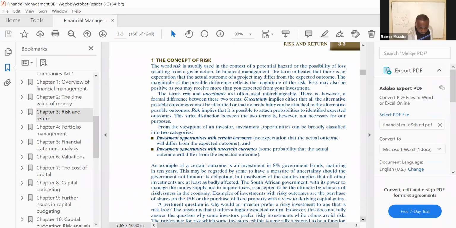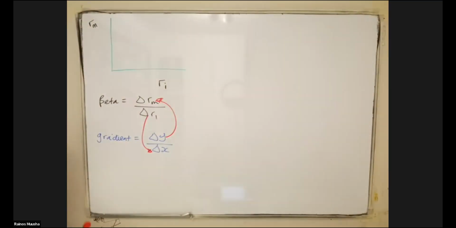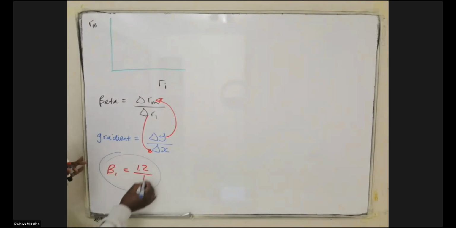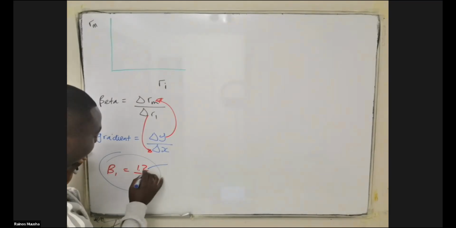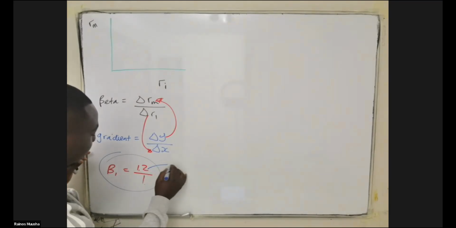So before we go there, it basically means when a security has a beta of 1.2, right? It means the beta is 1.2:1, which means that if the security beta is 1.2, it basically